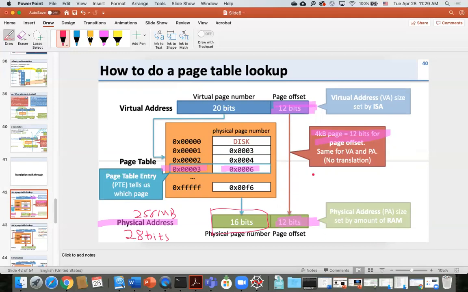So the page table does the translation between each 20-bit number to a 16-bit number. For a 20-bit number, of course, you have 1, 2, 3, 4, 5 hex characters. You will need to use 5 hex characters to represent each 20-bit number, and you will need to use 4 hex characters to represent each 16-bit number. So suppose 00003 is mapped to 0006,